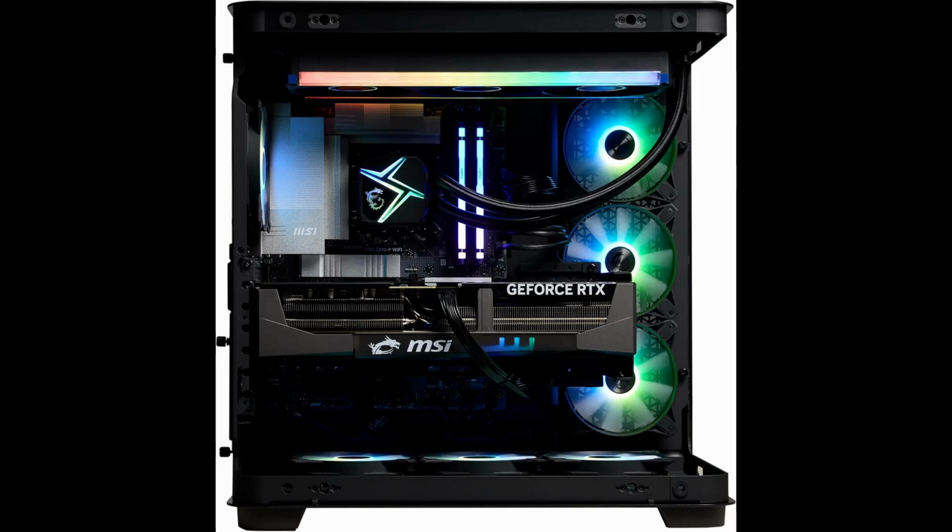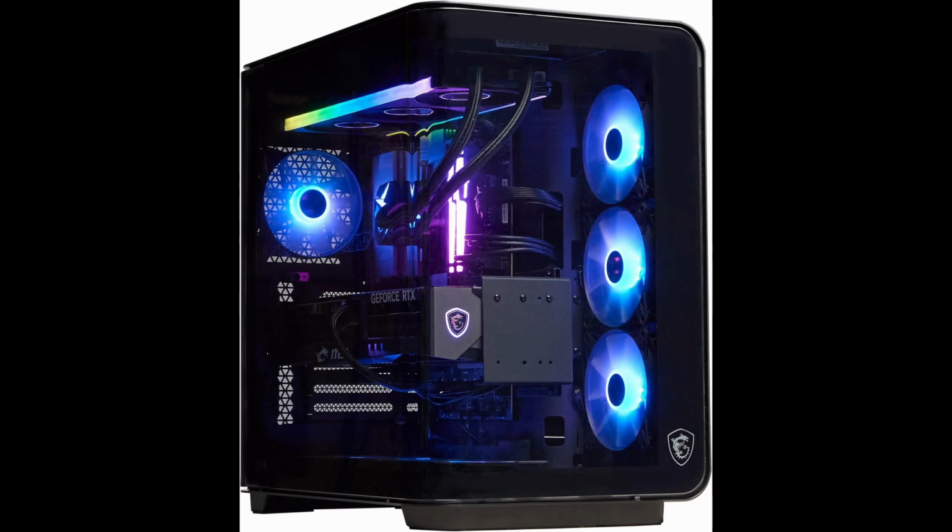Whether you're a hardcore gamer, a content creator, or a professional looking for reliability and power, the MSI Vision Elite